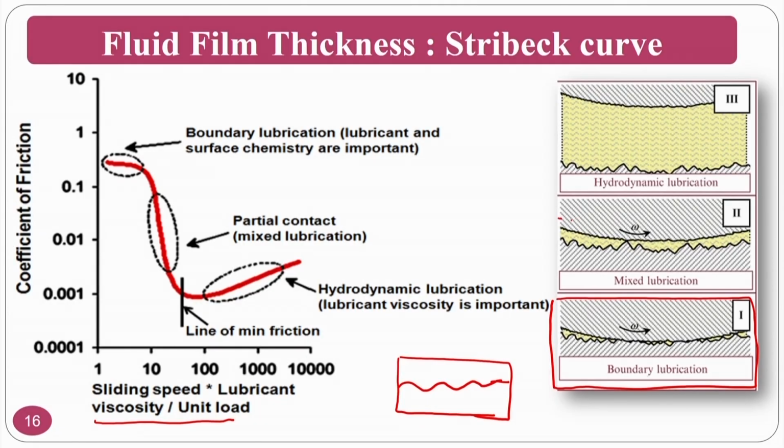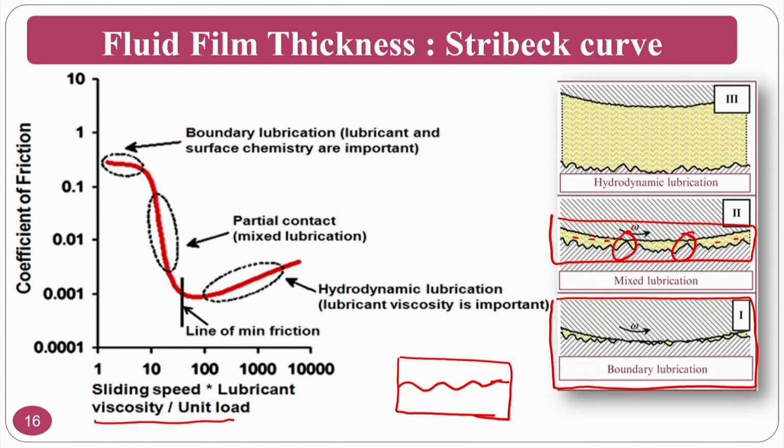That is nothing but boundary lubrication, where metal to metal contact or tool to chip contact will be there. In the mixed lubrication, that means the sliding zone, you will have partial cutting fluid also. That means you have the tool and the chip, but in between you have a cutting fluid. The film is very fine, that means in some locations you will have the lubricant, and in some locations there is pure contact between the two metallic surfaces, say HSS versus mild steel. So that is why I am telling about metal to metal contact. Okay. This is called the sliding region. You can say some locations have contact and some locations have fluid.